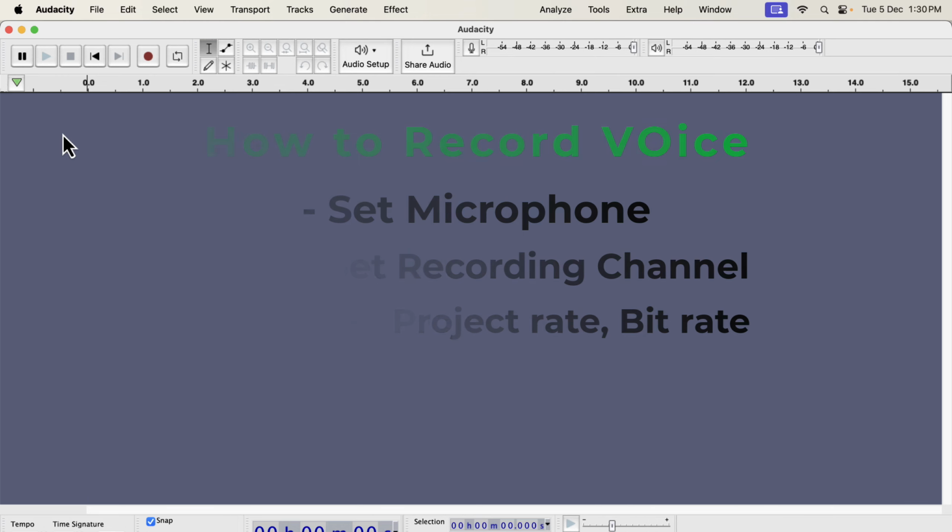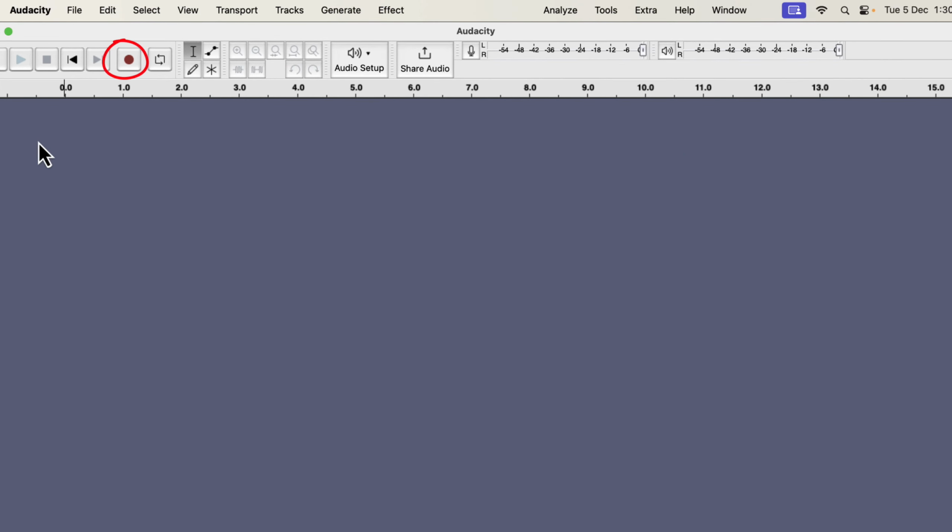Recording in Audacity is very simple. If you press the red record button, the recording will start. Though the recording is as simple as clicking a button, you have to configure Audacity properly to get the best